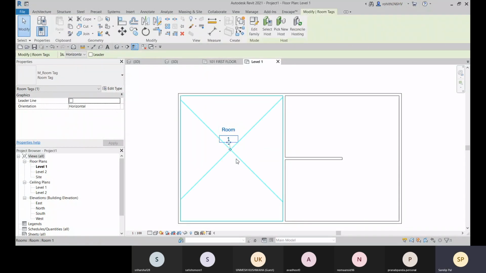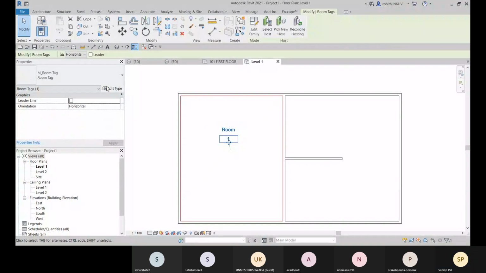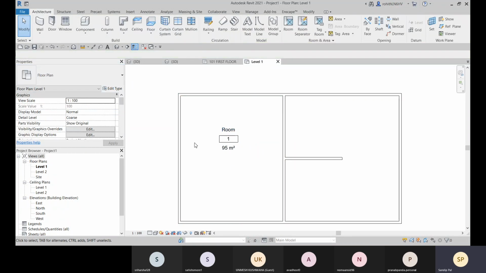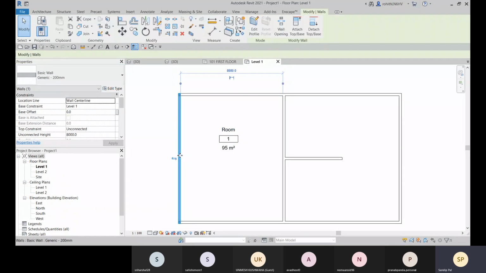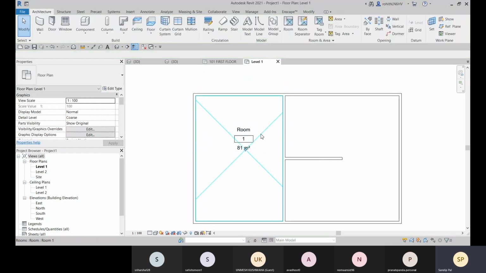So that is added. And here this room tag is selected, so it will highlight with the room name and the room number. You can choose this room tag with area. Now, if I change this wall position again, here you can see the area is updated, right? So that is the benefit of using it.